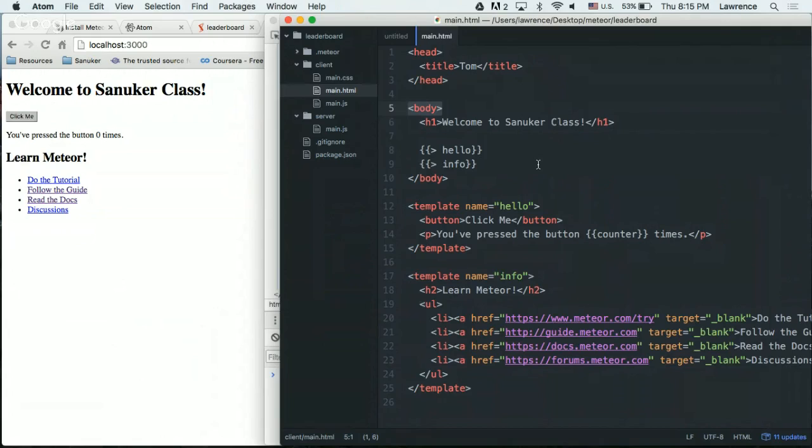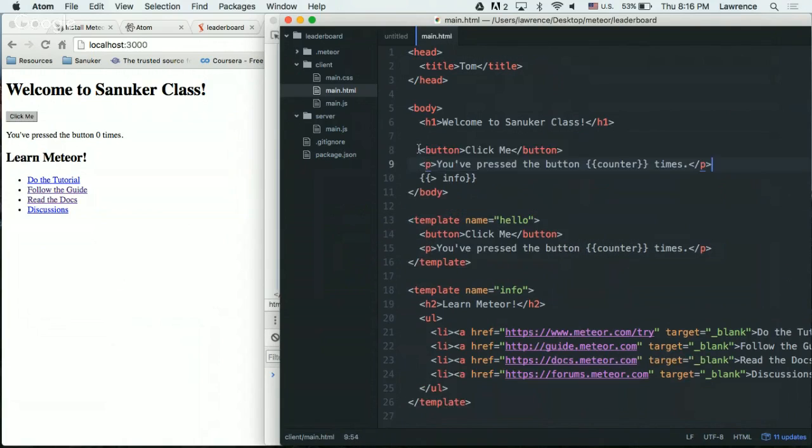So what is dynamic here? We call it a template. If you see these curly brackets and an arrow, we call it a template. So hello means that it is going to find a template called hello, and then put all this stuff into here. So basically, if you want to do it like this, it's the same. It's referencing the template.